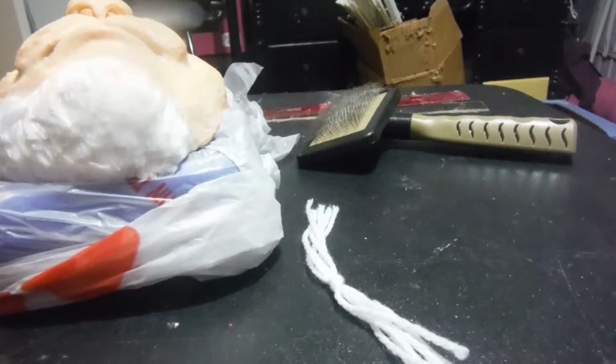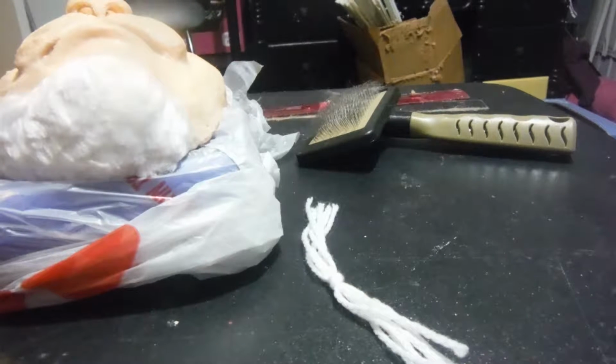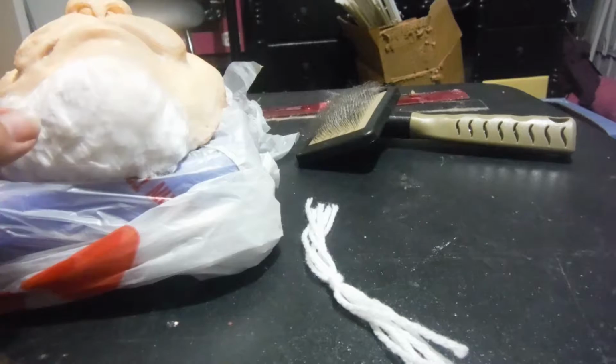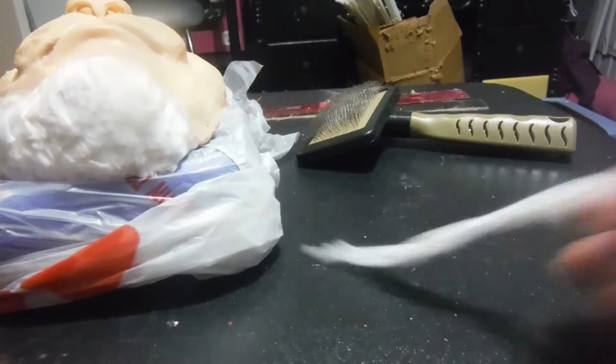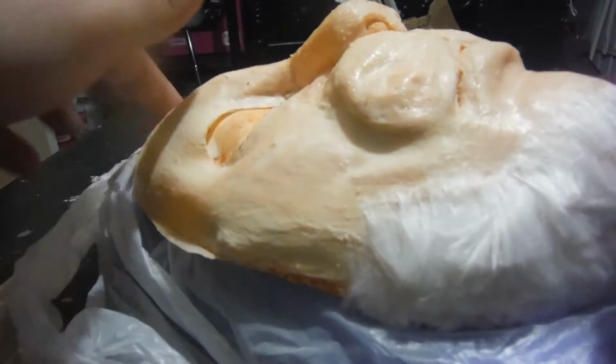Okay, so this is my first ever tutorial, so I'm a little nervous, never done one of these before, but a lot of people ask me how I made my Cat Nun mask, and I put a lot of hard work into it. So I'm actually making a new one because my dog ate the first one. So I resculpted it, and as you can see, I've already started